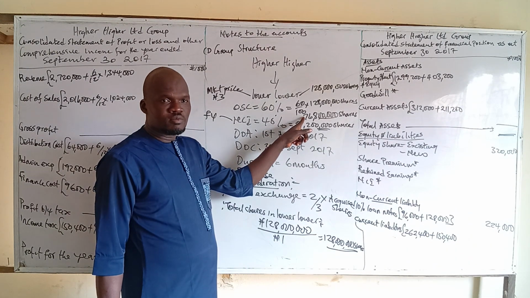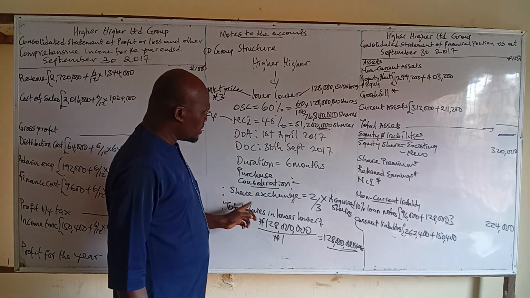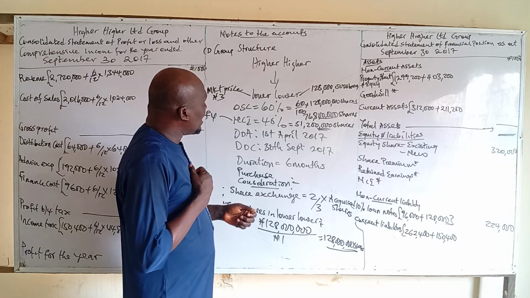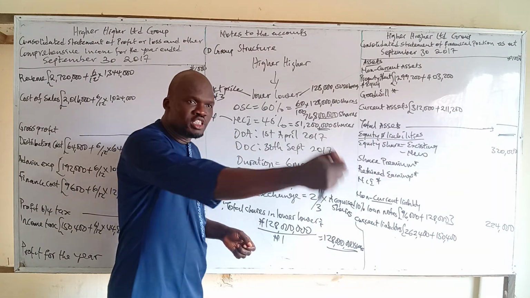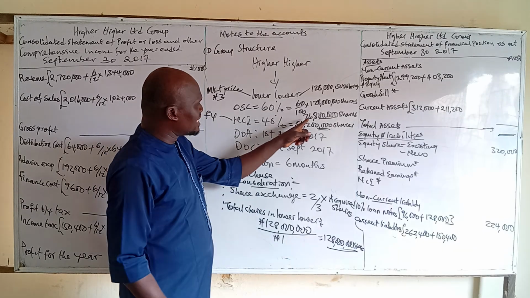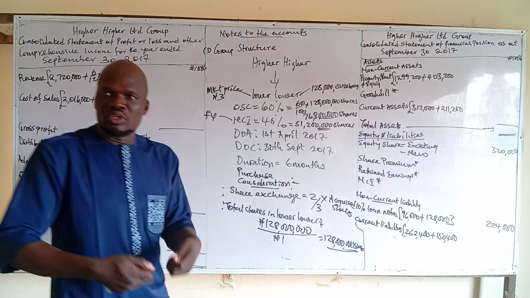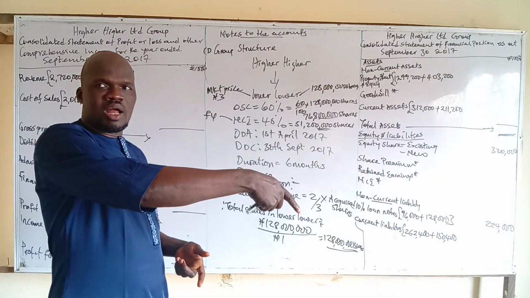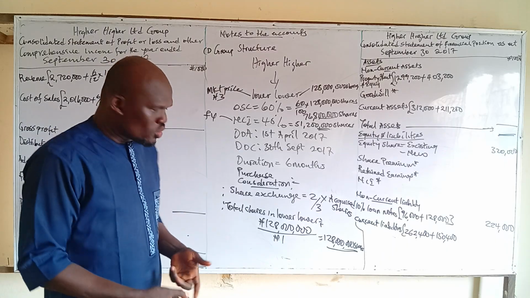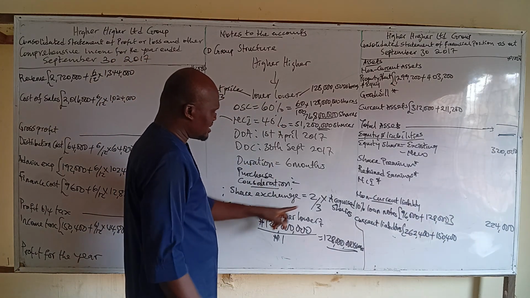76 million 800,000. Yes. So when you go back to this share exchange, it means that I have taken shares from Lower and I want to give you my own shares. That is share exchange. So IIR has taken 76 million 800,000 shares, and now wants to give the shareholders of Lower its own shares. So how do we give the shares? How do we allot the shares? Now say that two